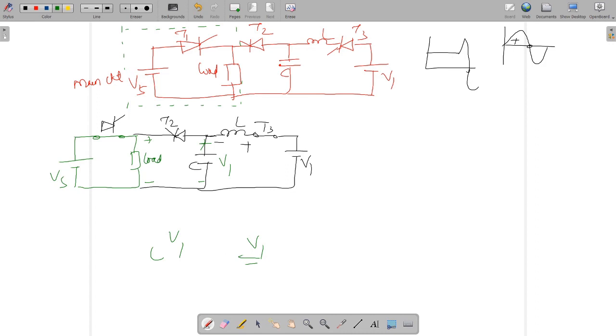So now you will get a positive here and a negative here. It means what will happen here? The inductor now will discharge the energy which it has stored in the form of magnetic field to the capacitor. Now the inductor will supply its complete energy to the capacitor. So again, what is happening? Your current is decreasing, because you know the property of the inductor.